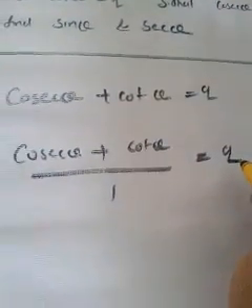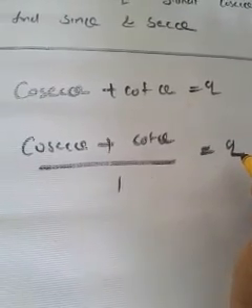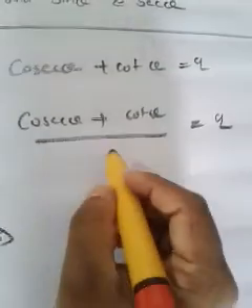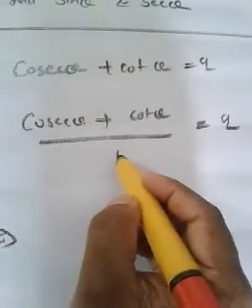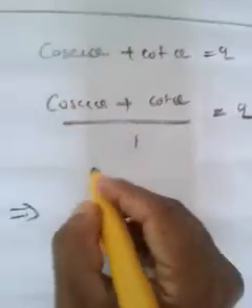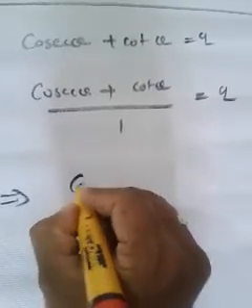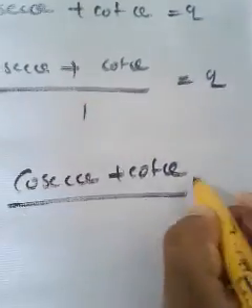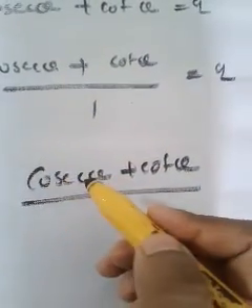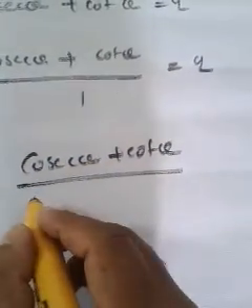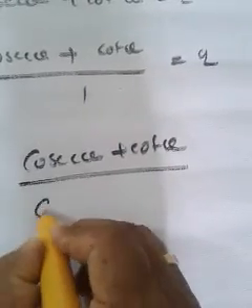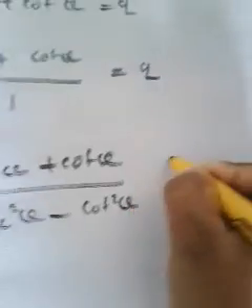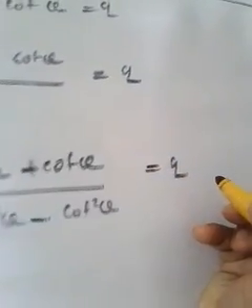Is there any problem? No. I'm not going to explain the reason, because I already mentioned it in the last videos. Can you replace this 1 in terms of cosec and cot? With the numerator cosec theta plus cot theta as it is, divided by 1, how can you replace 1 in terms of cosec and cot? Yes, of course. 1 is nothing but cosec square theta minus cot square theta, and the right side q as it is.